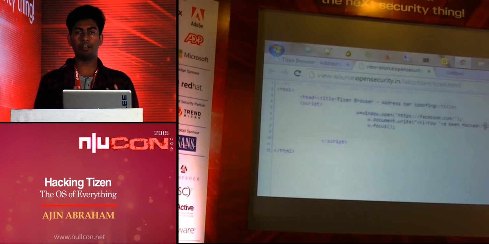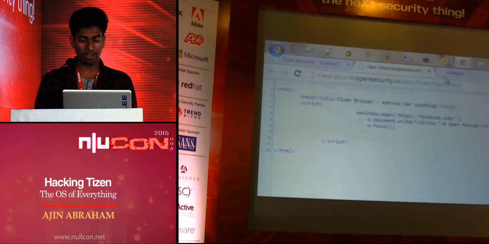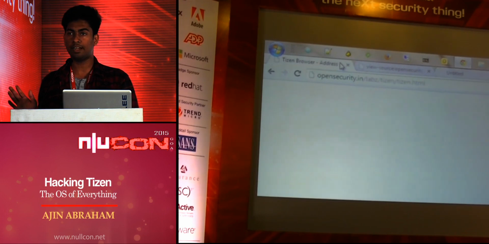In Chrome you can have different tabs, but in a mobile operating system, whatever you focus will come in the front. I'll explain that later. So the supposed behavior is that whatever you open in a new tab, it should show something like about:blank or new page or something like that.